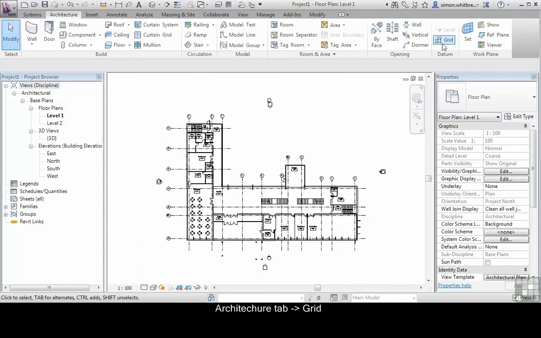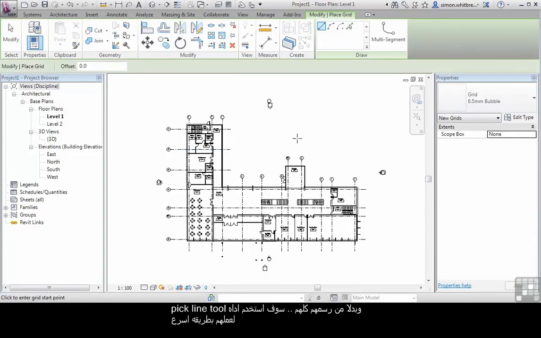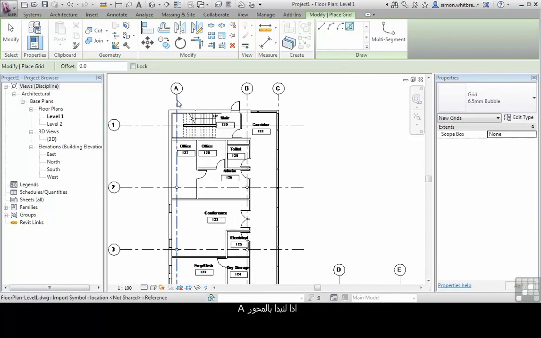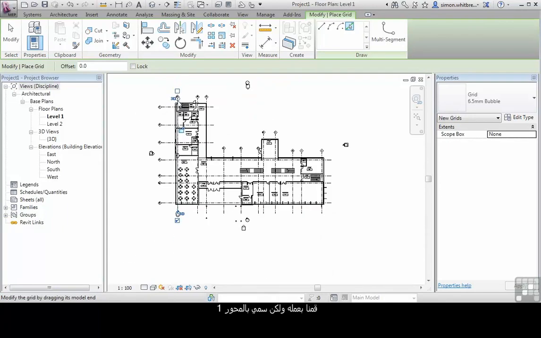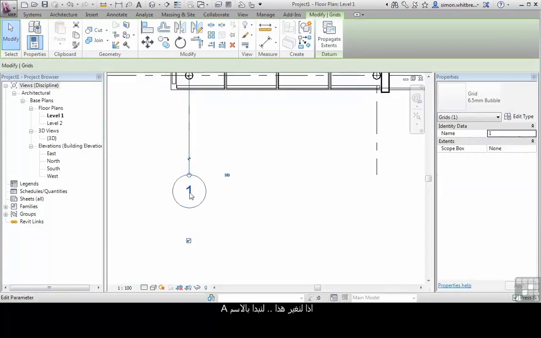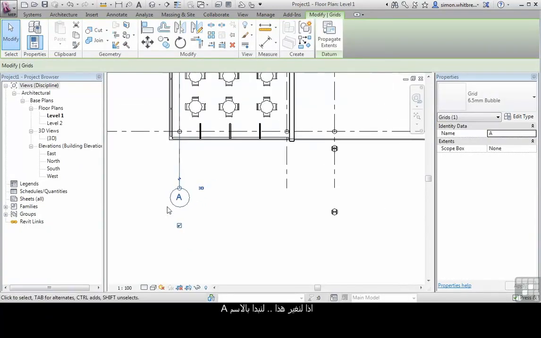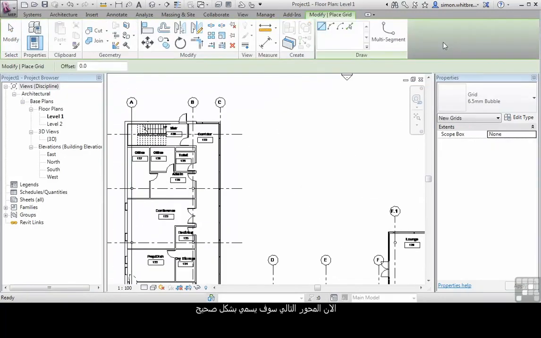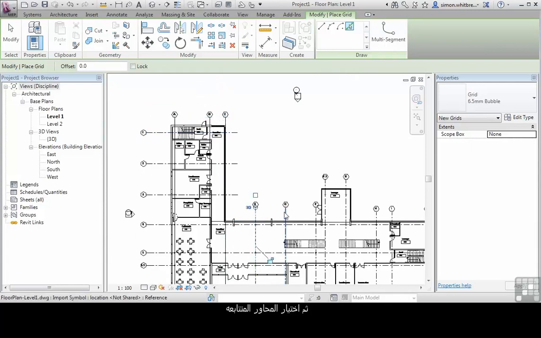From the Architects tab, click on Building Grid. And rather than drawing them all, I'm going to use the Pick Line tool. It now asks me to select an edge. So let's start with Grid A. We've created Grid A, but this one's called Grid 1. I know that I don't want to change every single one, so let's change this to start with Grid A. Now the subsequent grids that I create will be numbered correctly. I'm going to go back to the Pick Line option and pick the subsequent grid lines